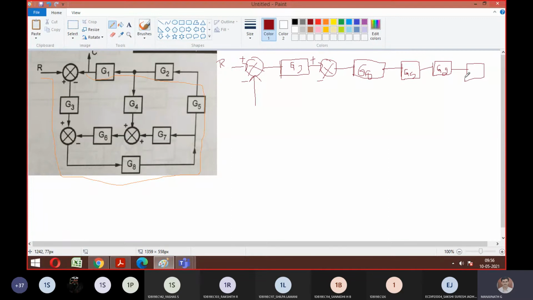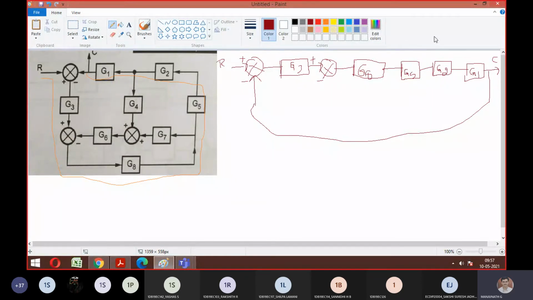If you make things this way, solving the problem will become easier for you. So C is there. Look here, there are two connections. One connection I left out from G1. The other connection should go back to my summing point. It means from here I should trace it and connect it here. Agree, everyone? Any doubts with this first step?